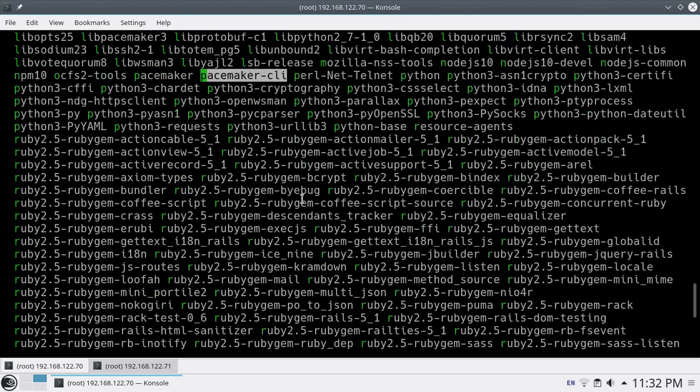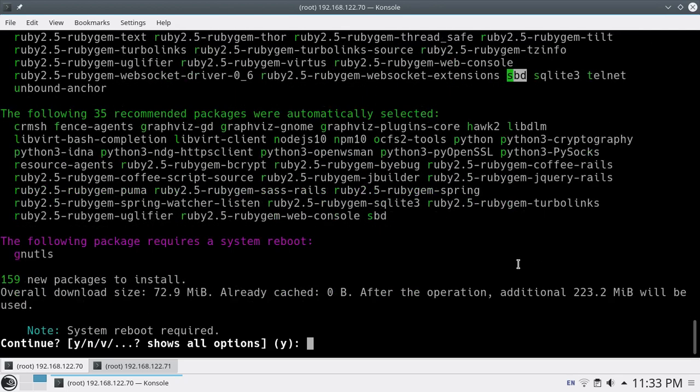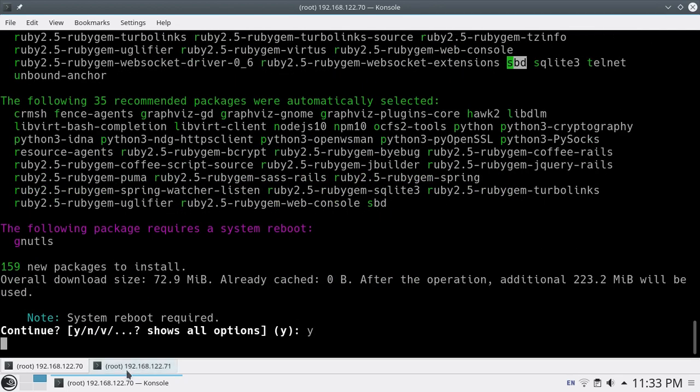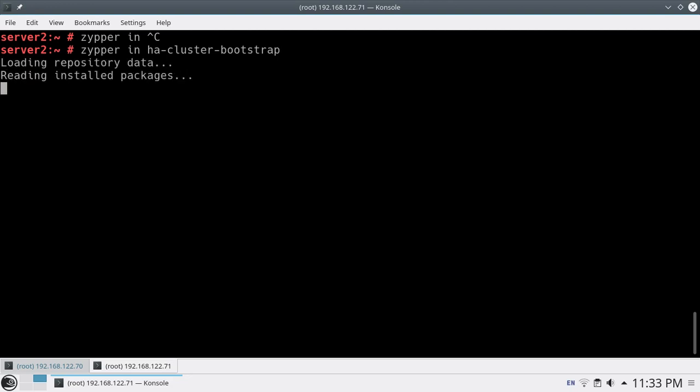It should install the SBD package also. So you do yes. Similarly in the second node also you do the same thing, zypper install ha-cluster-bootstrap. So I'll just install this and then I'll resume back again.